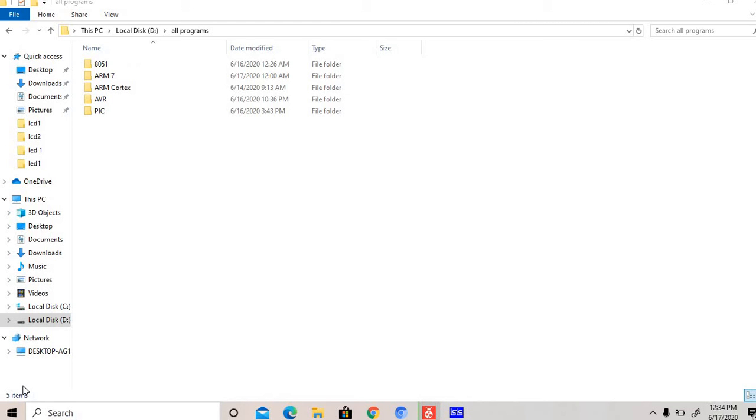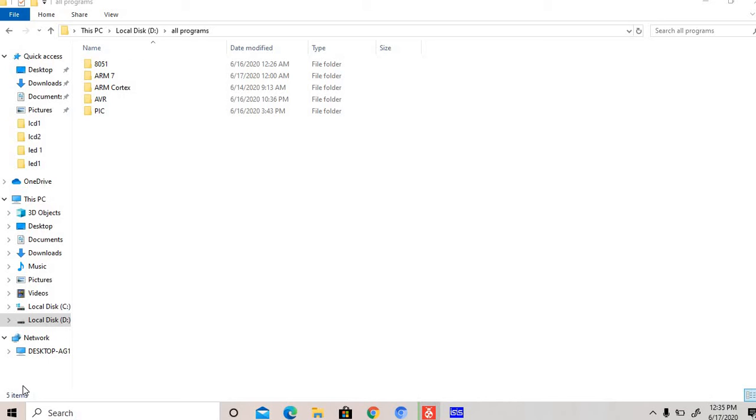Today we have to work on interfacing of LED with 8051. For writing this code, we are using the Keil compiler, and for debugging we will use Proteus. Firstly, work on Keil. For those who are working on Keil for the first time and want to make a project in the Keil compiler, I have put the link in the comment box.